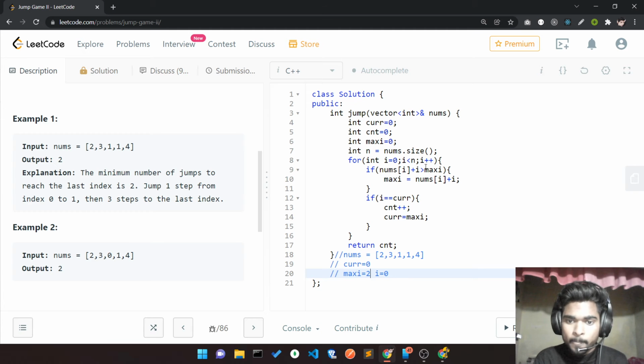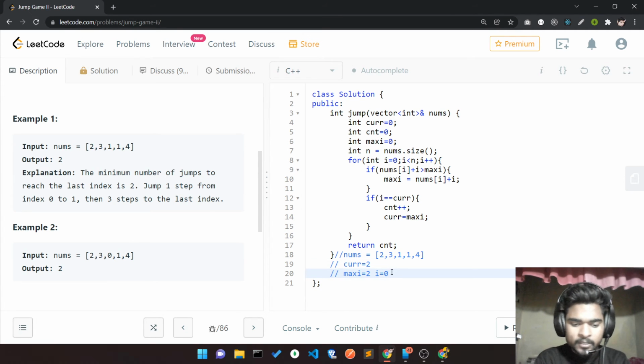Okay. After that I'm here, my i is equal to 0 and my current is also 0 initially. So I take the step, I enhance my current to my maxi. In this scenario my maxi is 2, so current will be 2, and I'll increase my count.